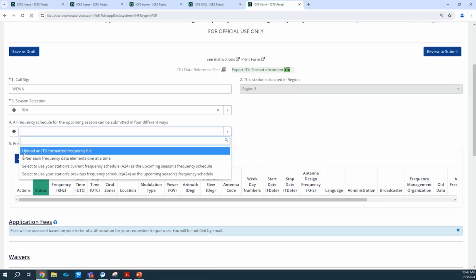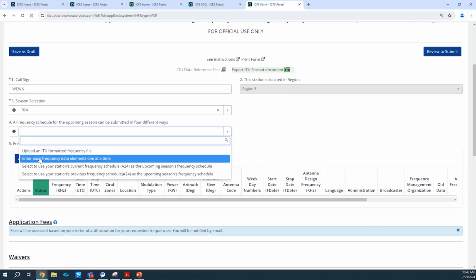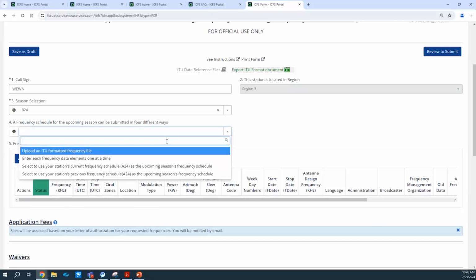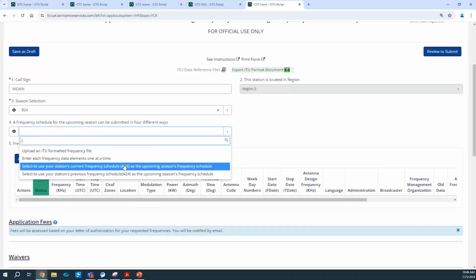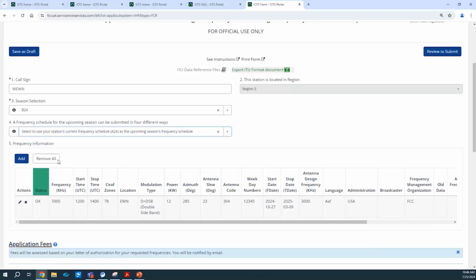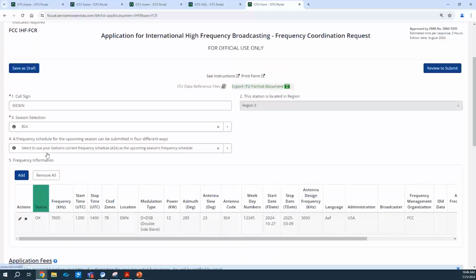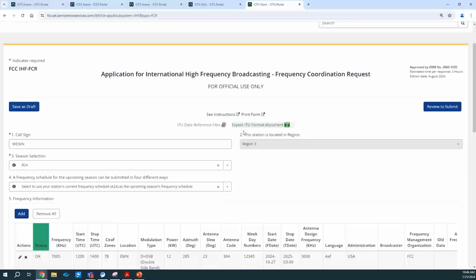They can just upload the file, they can enter each data element, or they can just select the station's current frequency season. If I select B24, I think the data will be populated here. Also, we have here an indicator of the status: if the data is correct, then its status will be green. If the data is wrong, then the status will be red. This is how they select the previously submitted season. Then let me just